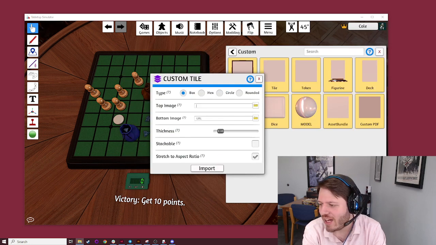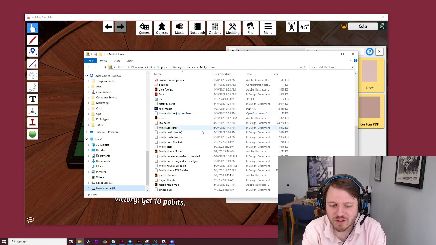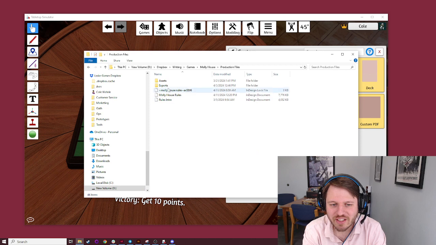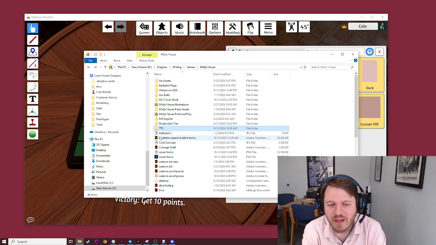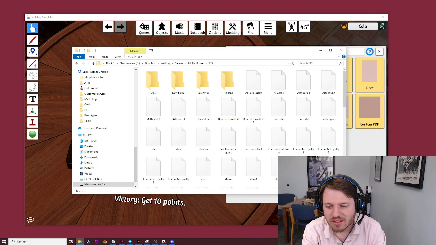So for today, because I have a little bit of work to do, we're going to work on Mollyhouse together, and I'll show you guys how Mollyhouse is set up. Mollyhouse is a very messy file tree because it's in production. The production files are actually very clean and nice, but the working files here are messy because of course they're messy. Now I have a folder inside my Mollyhouse files called TTS. And what TTS is,